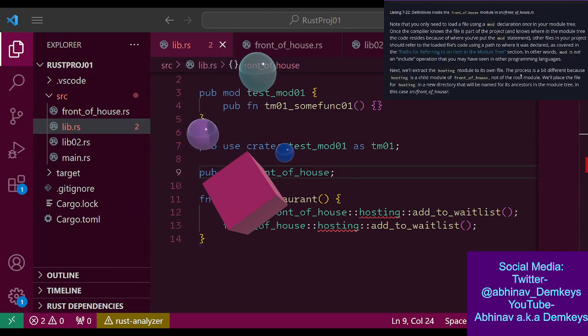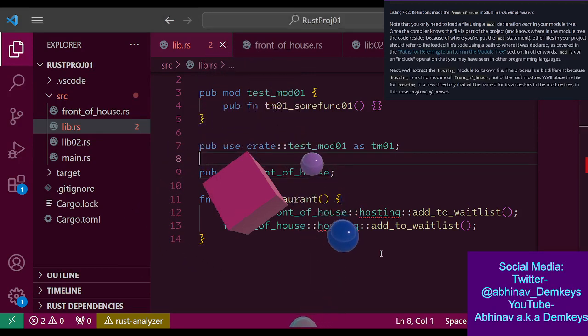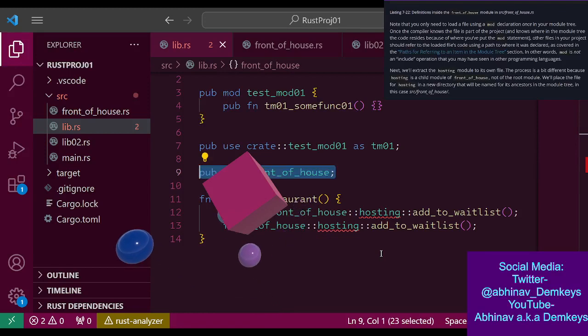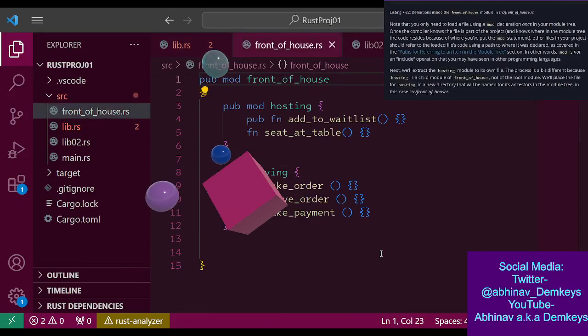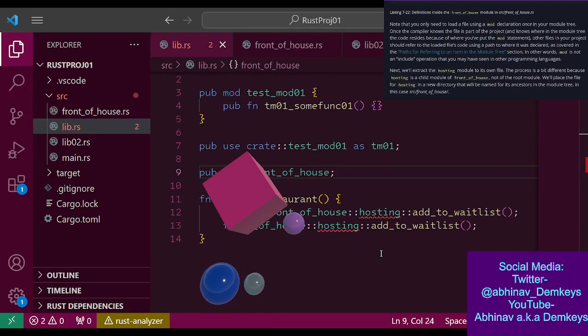It was declared over here, but it was defined over here. Okay, so